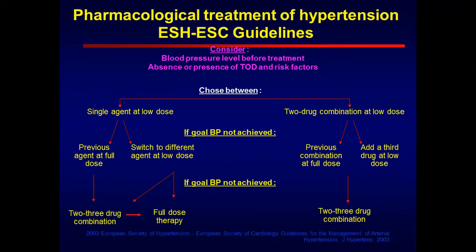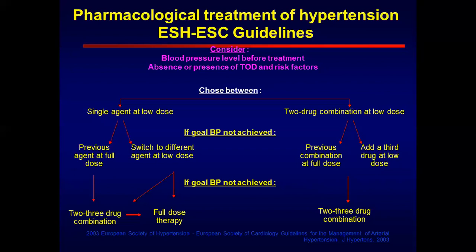For example, if you give the patient 50 milligrams of atenolol in the first visit, and in the second visit you find him uncontrolled, is it better to give 100 milligrams of atenolol, or to add some other class of antihypertensives? Actually, the whole consensus agrees that we should